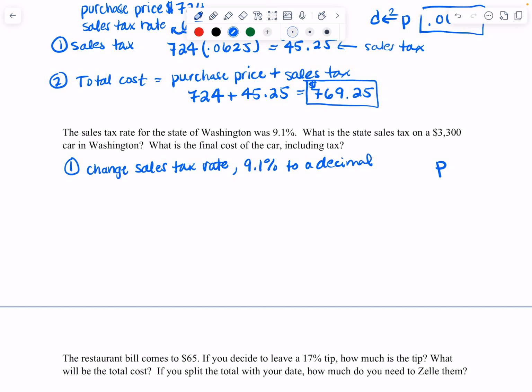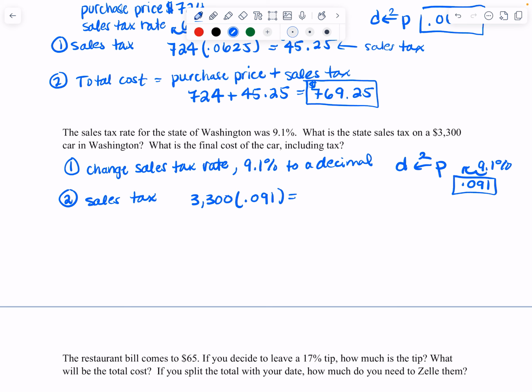So again, starting in percent, we want to get a decimal 2 places to the left. So 9.1%, 2 places to the left will be 0.091. That is the value I'm going to use. And second, we're going to find out what is the sales tax. Okay, so the car costs $3,300, and I'm going to multiply that by 0.091 to find out what the sales tax is. So $3,300 times 0.091 equals